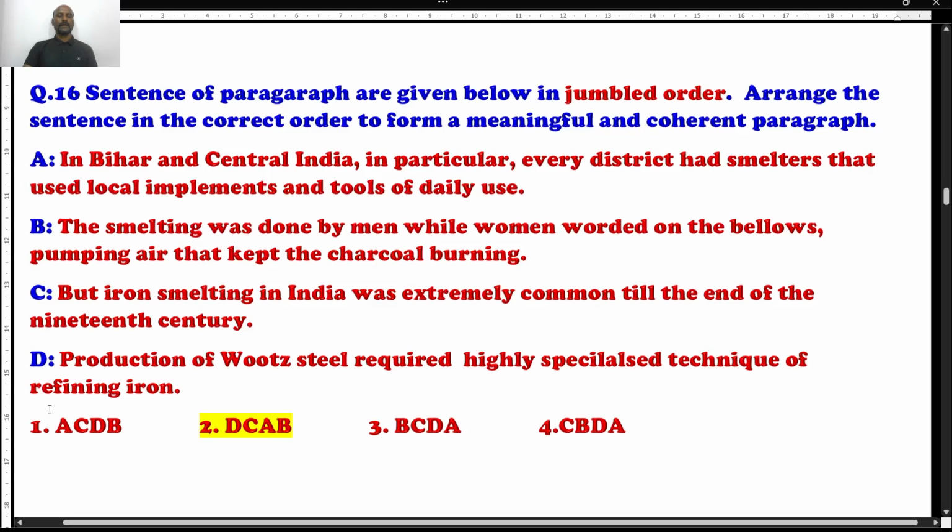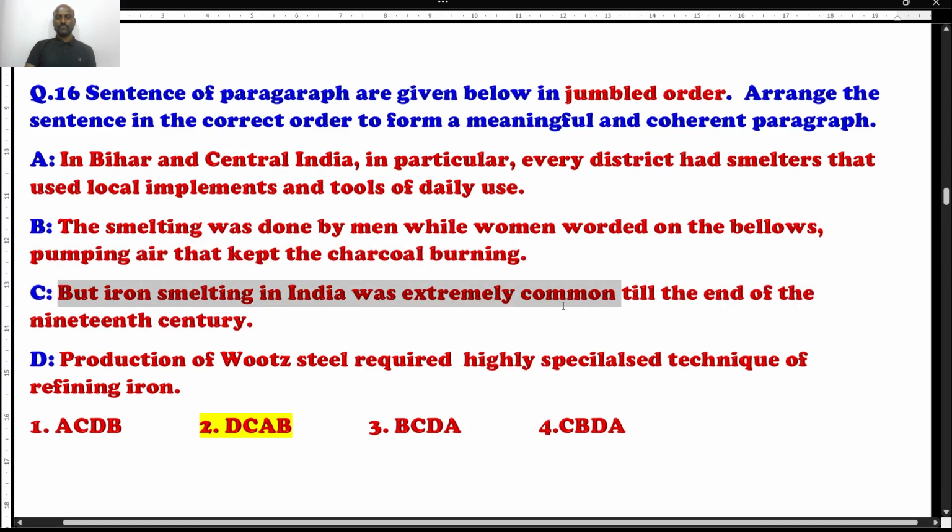Options are given: option 1 is ACDB, option 2 is DCAB, option 3 is BCDA, option 4 is CBDA. Which is the right arrangement? When I went through it, I found DCAB is the right one. Let's see how. Why? The first one is D, right? Let me prove it. Production of wood steel required highly specialized techniques of refining iron, followed by, but